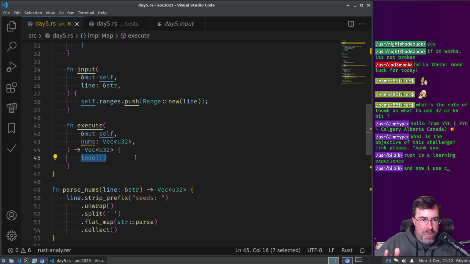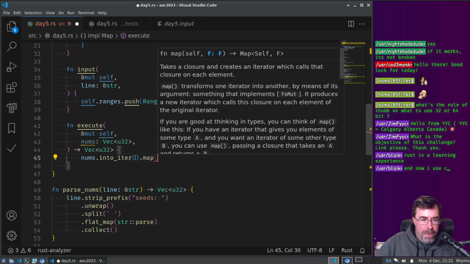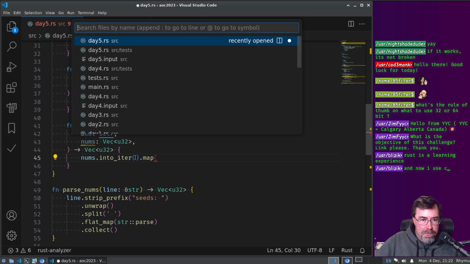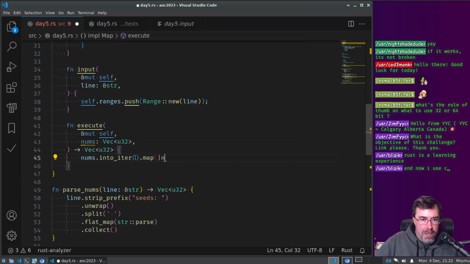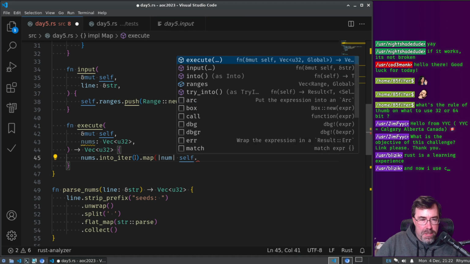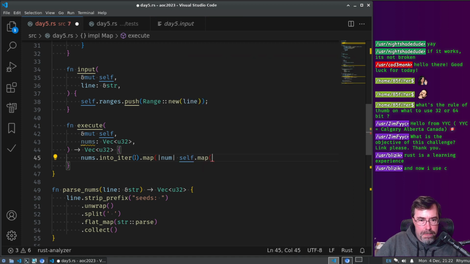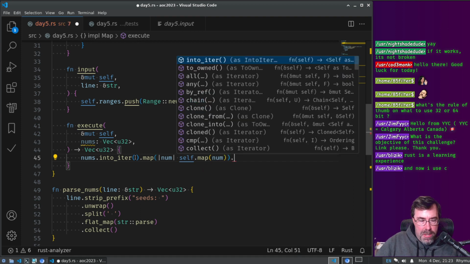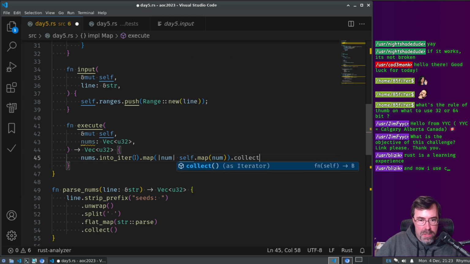So this should just be iterating through the numbers, right? Into_iter, map, and then we'll map it through. I guess we'll just follow the same name. self.map number, and then collect.